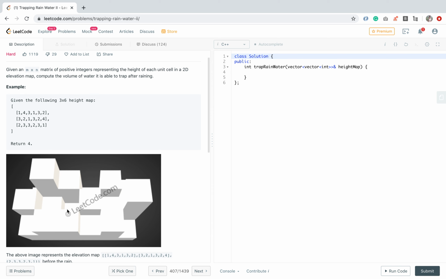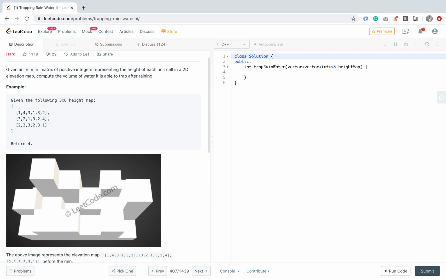From the min heap we first take out the lowest height cell and check if there is any unvisited neighbor in all four directions: x plus 1, x minus 1, y plus 1, y minus 1. In all four neighbors, whatever the minimum value is, we can add into the water.